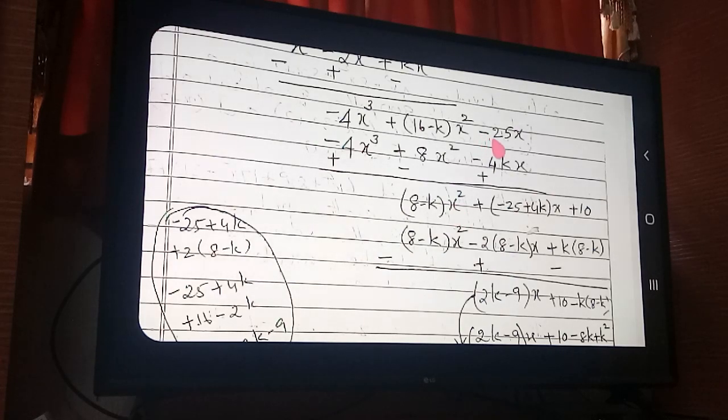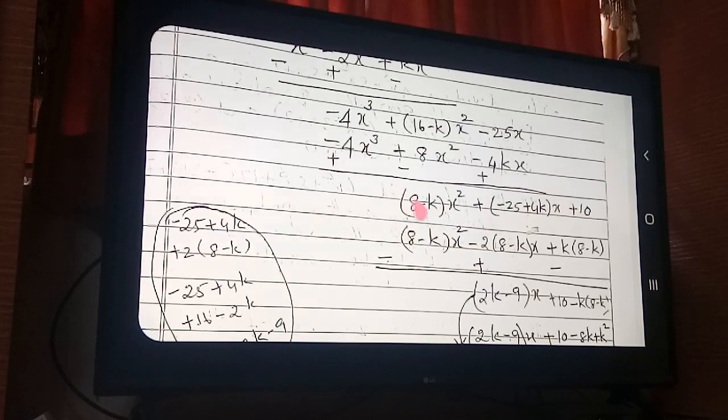And next one. Here also x you take common outside. So these two, see. Minus 25 here, and here what is coming? Plus 4k. No confusion. So x separately, and here minus 25 plus 4k. And here now how many terms are there? Here x square term is there, x term is there. You need one more term because there are 3 terms in the divisor. So here bring down the next term, the last term 10.